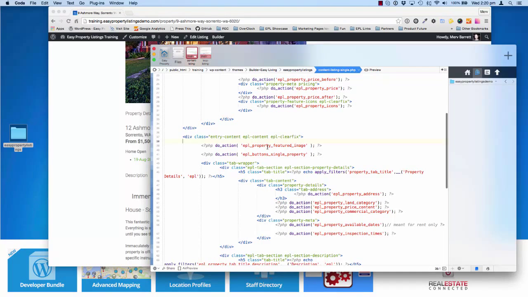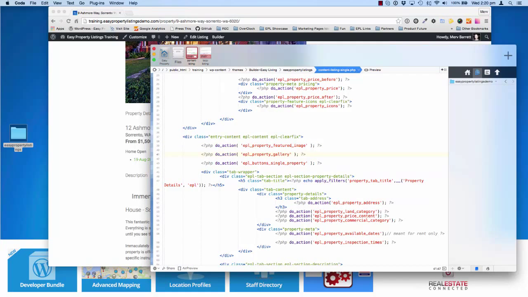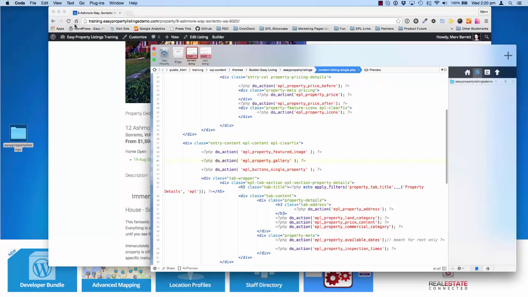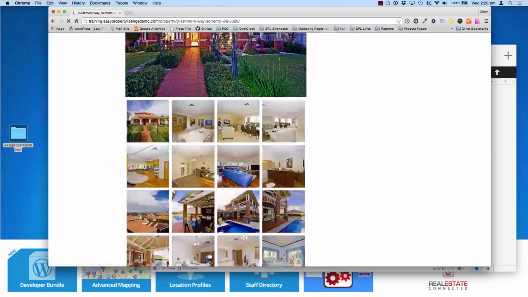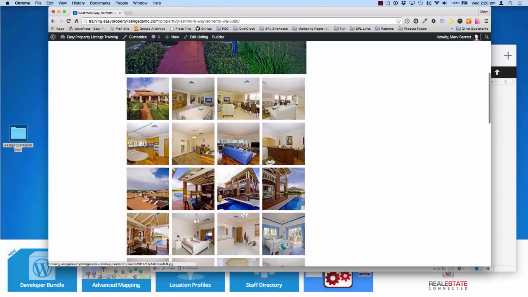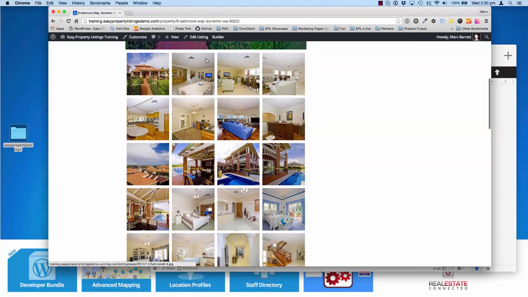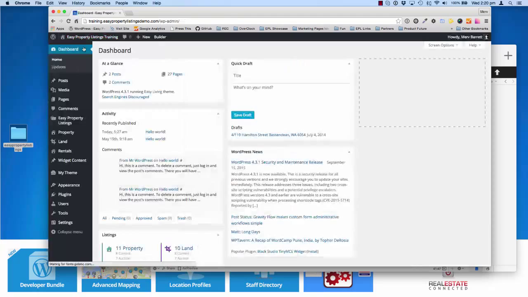And there it is. There's the property featured image followed by the buttons. So let's insert the gallery there and save our changes. And if we refresh, we'll see the gallery will appear there. Now you can adjust the settings of the gallery, the number of columns, by visiting the dashboard, going to Easy